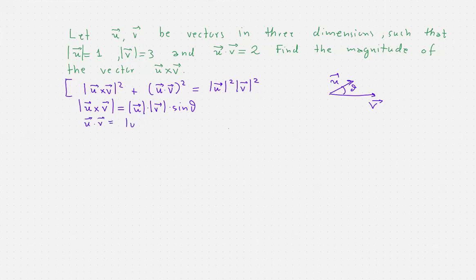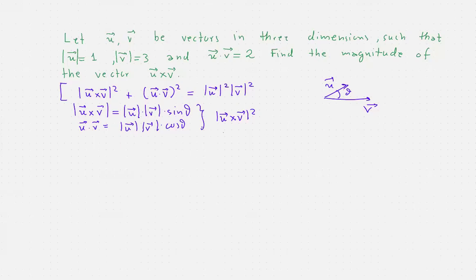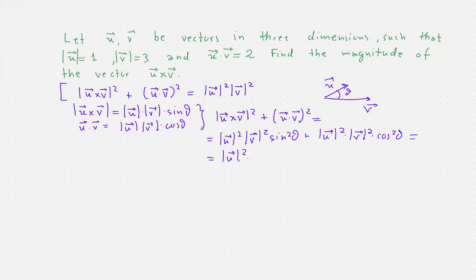If we actually take the squares of these two quantities, we will get that u cross v squared plus u dot v squared is equal to magnitude of u squared times magnitude of v squared times sine squared of theta plus magnitude of u squared times magnitude of v squared times cosine squared of theta. And of course, you have magnitude of u squared times magnitude of v squared times sine squared of theta plus cosine squared of theta, which is 1 by the Pythagorean theorem. So this is simply